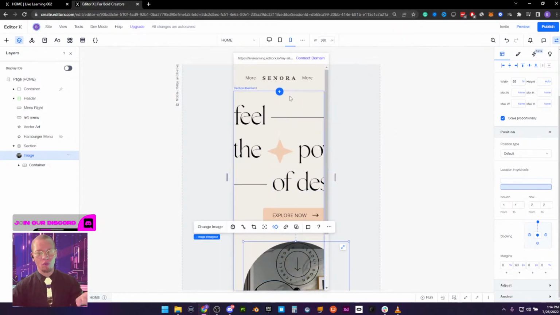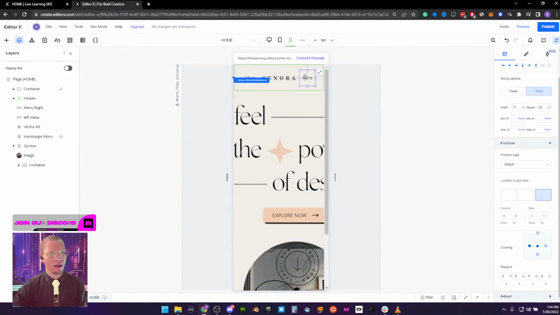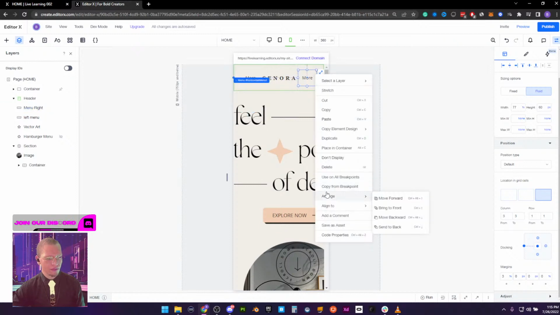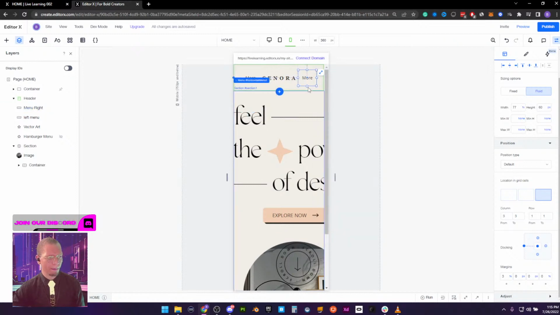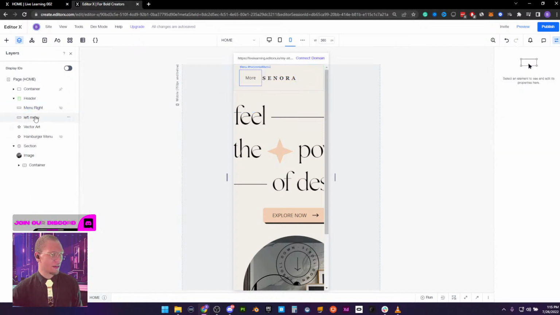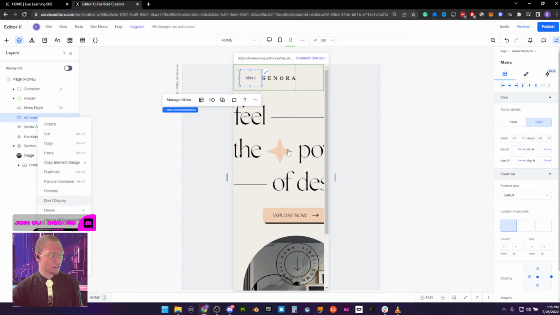As you can see, there's a lot more work that needs to happen here. First off, I actually want to remove these menu pieces. We don't need these anymore. There's not enough space for them, so I'm going to click on them. I can either right click them and hit don't display. I actually think I did a don't display to another menu that was hidden, so I'm going to do it in my layers panel here, so I'm a little bit more accurate. We'll start with the right one, right click, don't display. Left one, right click, don't display.